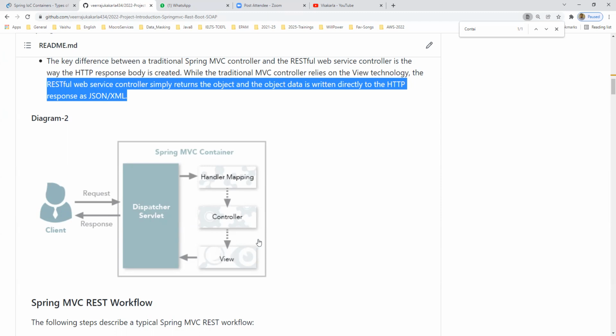Okay, so here, why? Because the components are separated. Nowadays we are stepping into the microservice world, right? As much as possible we need to split into different layers. That is the reason the front end development is completely separate as a front end view layer, and back end development is completely separated as back end development. So view resolvers are avoided here. Here we directly have handler mapping and controllers, so we directly give the response to the particular place. Views are nothing but our front end technology, which will take our response and populate it.